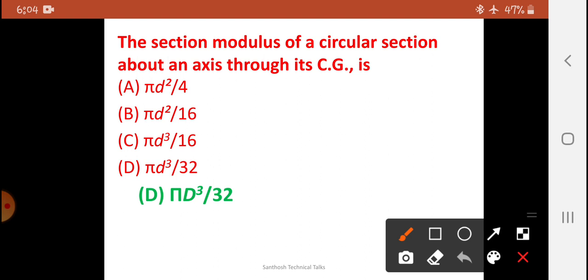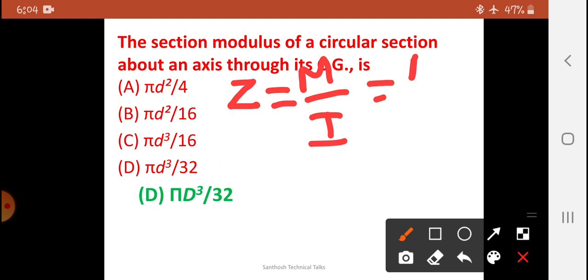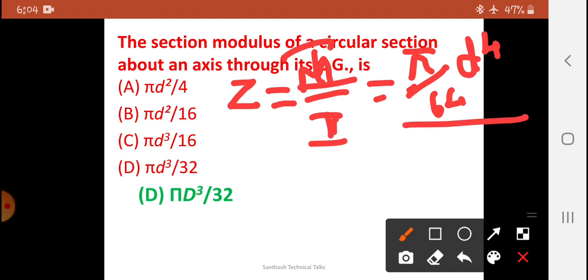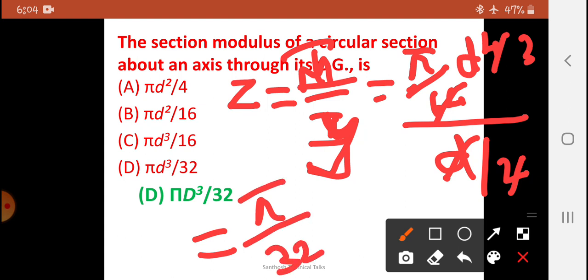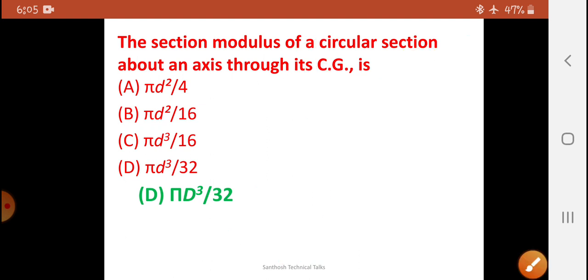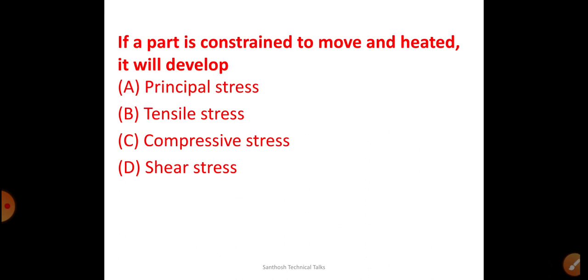Once again, Z is equal to I by y, where I is equal to pi by 64 d power 4, and y is d by 2. Here one d is cancelled, and the 2 and 64 get cancelled, therefore the equation becomes pi by 32, since 64 by 2 is 32, and d cube. So this is the answer. That is why it comes like this. Okay, and the next one is